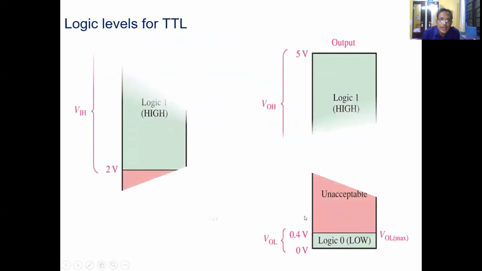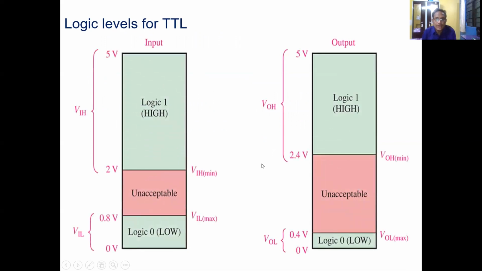So, logic levels of TTL. By using this, we can obtain the different voltage and current parameters. I'm talking only about TTL, but the same parameters can be discussed with respect to CMOS also. So in this case, logic levels. You should always keep in mind that to operate the standard TTL IC, you should always apply a voltage varying from 0 to 5 volts. That means to operate the IC, I always apply 0 to 5 volt DC voltage.